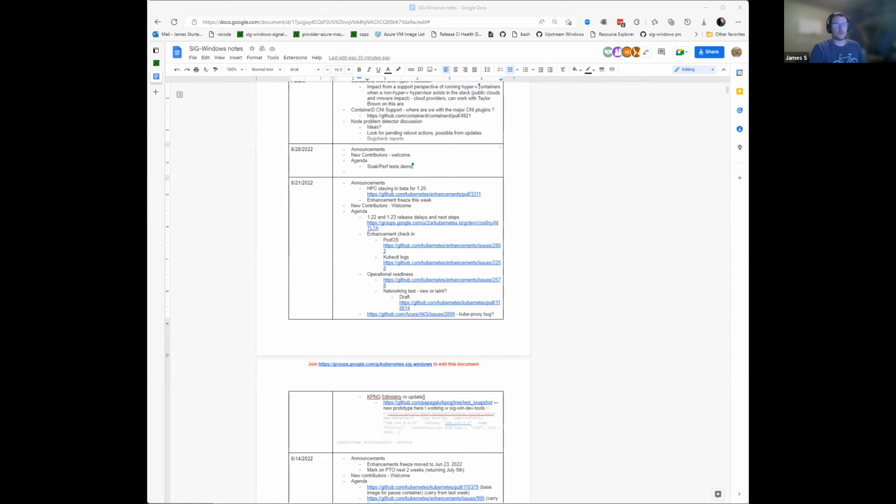Marius has been working on some of the perf dashboard work. So I've asked him to just do a quick demo and show off some of the work he's been working on for the last couple months. For folks who aren't familiar, there's a perf test repository that contains a suite of tests that can run against the cluster and then collect metrics from Prometheus and then display those metrics in a dashboard, where you can see graphs and things.